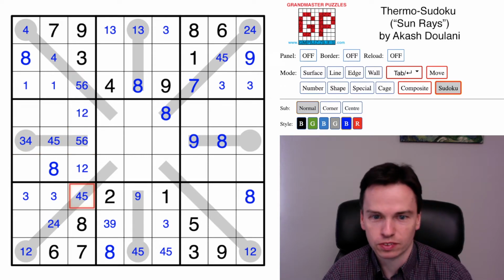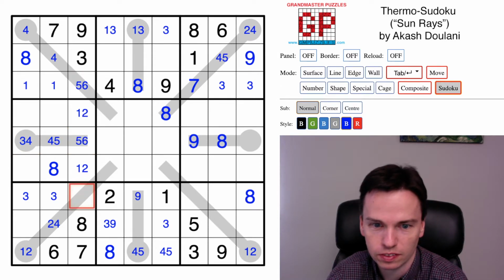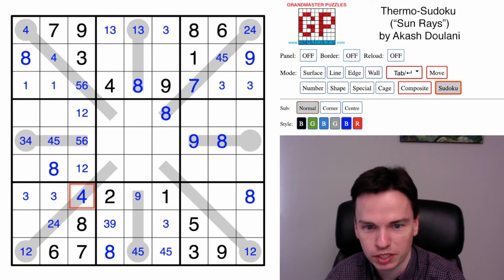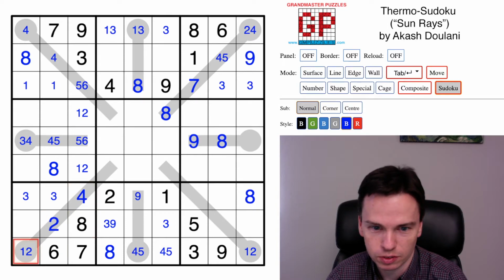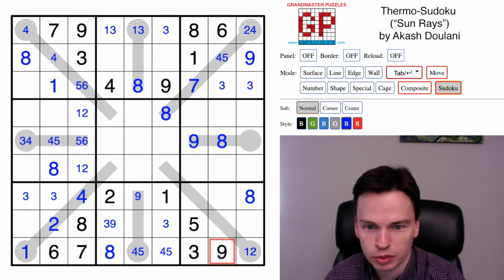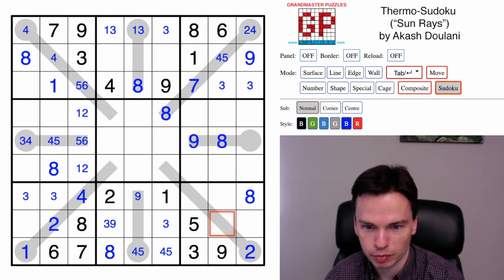4 can't go here, so this is actually now a lone space in this whole column for a 4, and that looks to be a key break-in. Probably will be the main break-in to get through the grid because it's going to quickly give us this whole thermometer, puts a 1 down here, puts a 2 over here, and now as we come up this thermometer, we've got